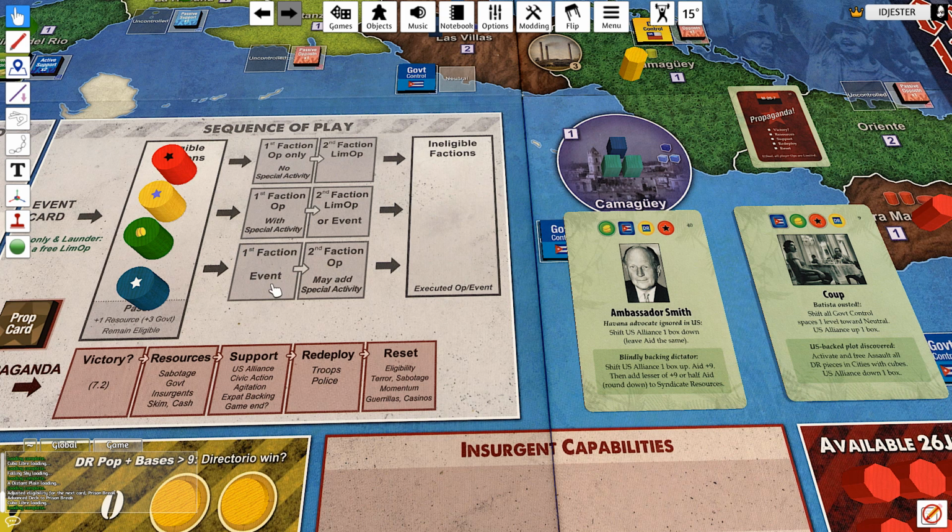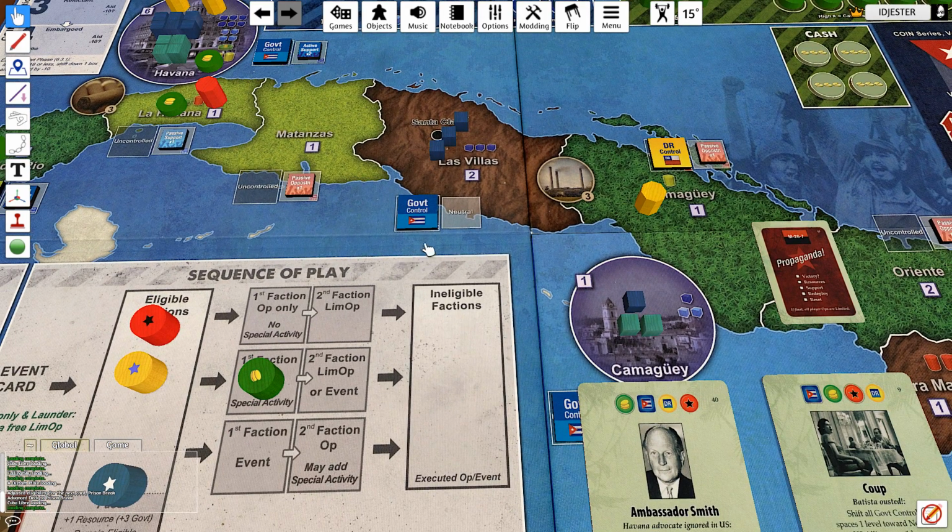So, yeah, I guess understanding how this all operates, what the different cards do, how they do things on the cards, and understanding, well, what should I do? Again, doing the event could be really good. Sometimes the events aren't even as good as doing a regular operation with special activities. So you got to think to yourself, well, I could take the event, but I got more important things I need to do. The card might give you money, or removing enemies, or something really good, but maybe the situation is you need to get control of some areas. So maybe you need to take an operation, a special activity,